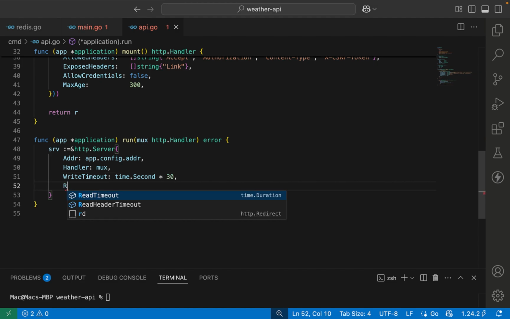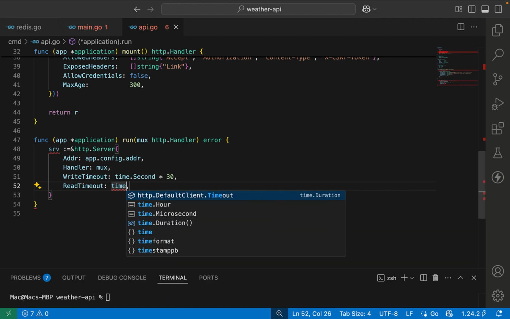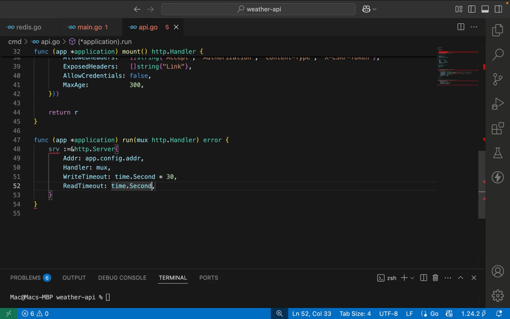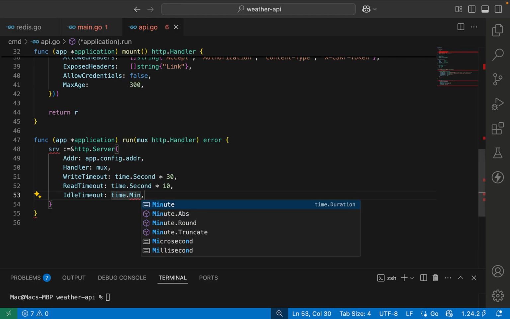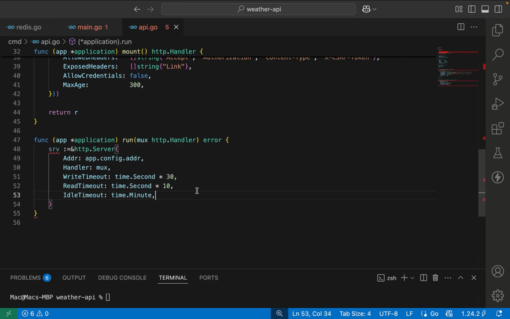All right. So we have read timeouts, time dot seconds, times 10. Then we have idle timeouts, time dot minutes. All right, now what we need to do is, so we are returning error, so there's no error, so